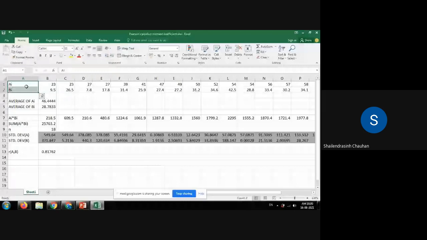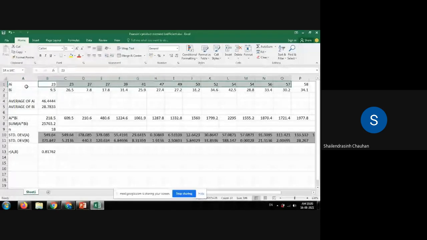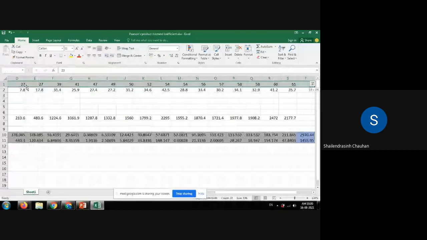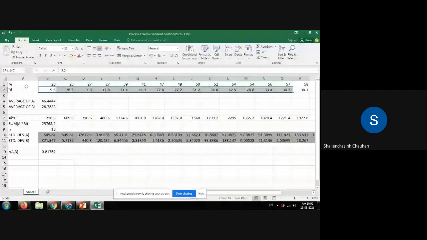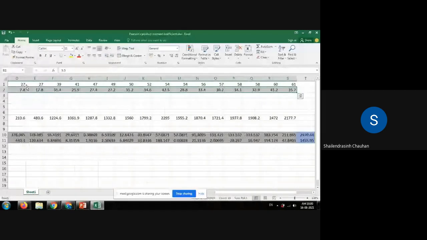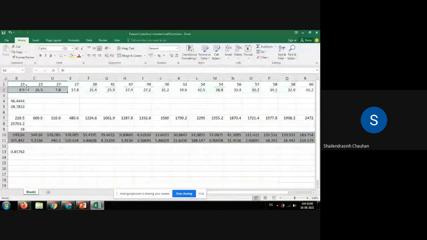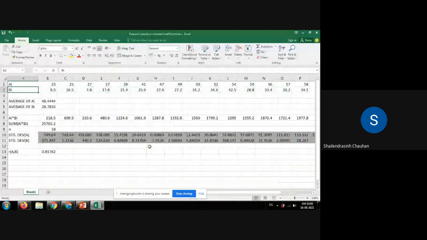And one more thing here, as you can see, the type of attribute A, type of attribute B, both are numeric. That's why you use Pearson's product moment coefficient. If it is nominal, then use chi-square. And this is how you can find out Pearson product moment coefficient. Now let us move further.